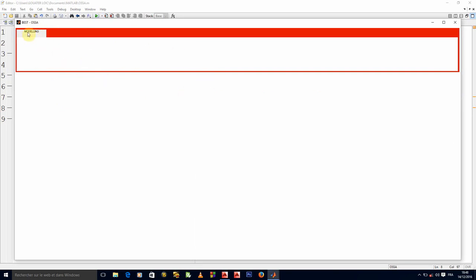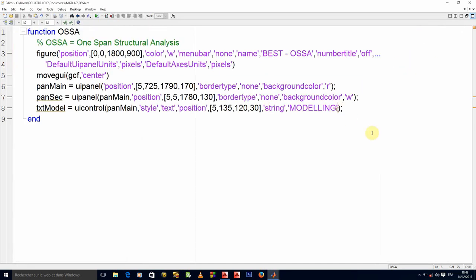By default, it is obviously this first option that will be activated. And we know from the ribbon interface that the first option that is activated should have the same color as the secondary panel, as I showed you in the application. So to make sure that it always has the same color as the secondary panel, I will not say the background color should be white, but I will program it in such a way that whenever I change the background color of my secondary panel, it should automatically change the background color of this text model.